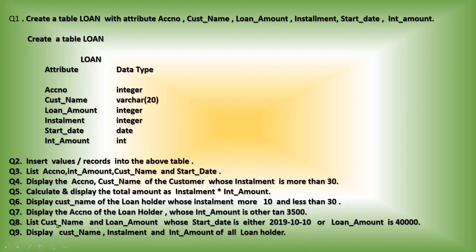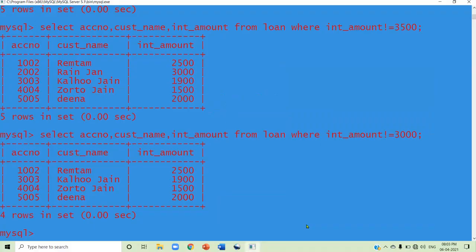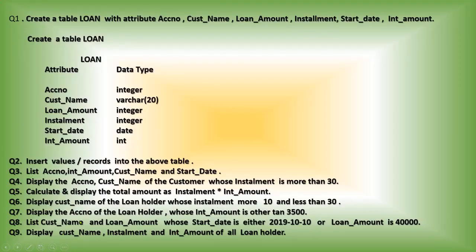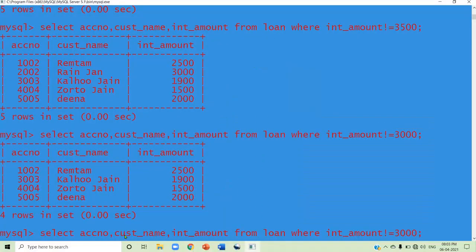What is the next question? Customer name, loan amount, whose start date is 2019/10/10 or loan amount is 40,000. We can write the query. Select, what are the things you want to display? We just want to display customer name and loan amount. Yes, customer name, loan amount,